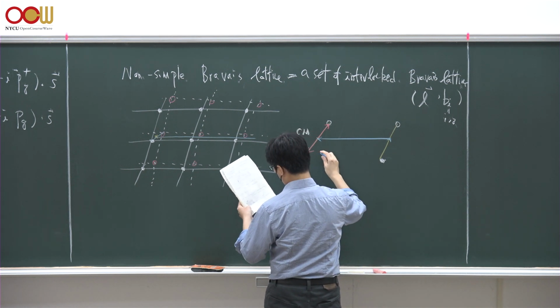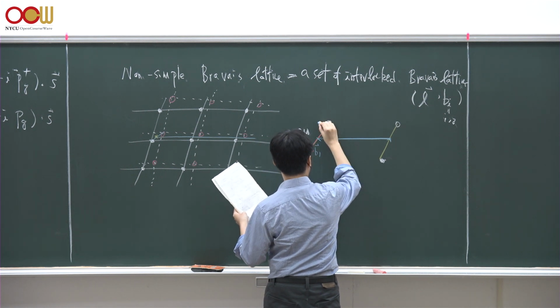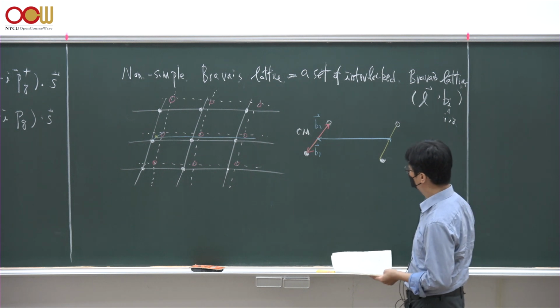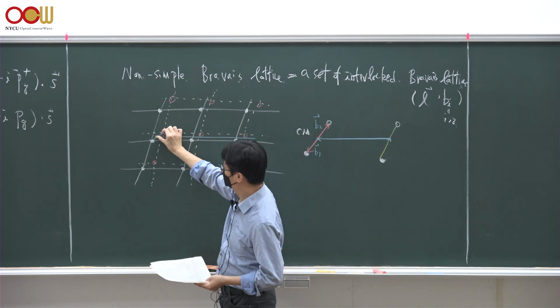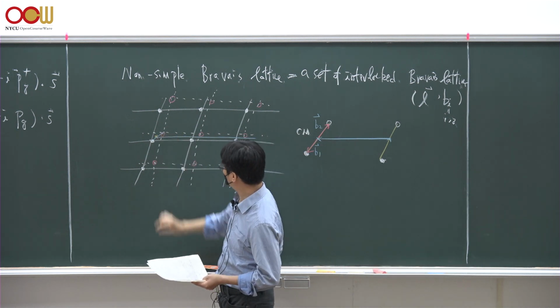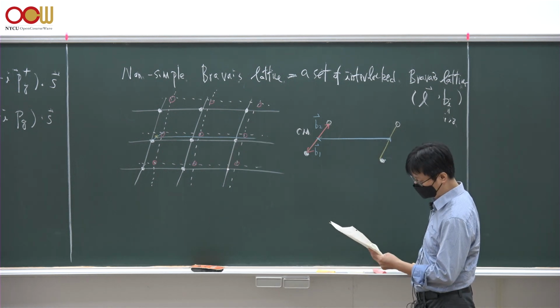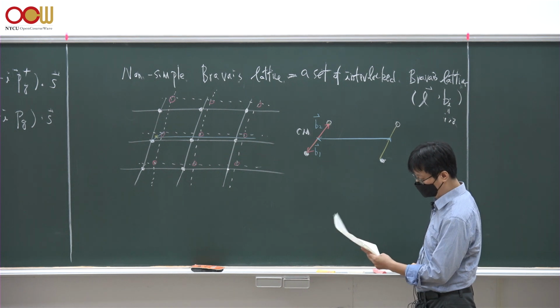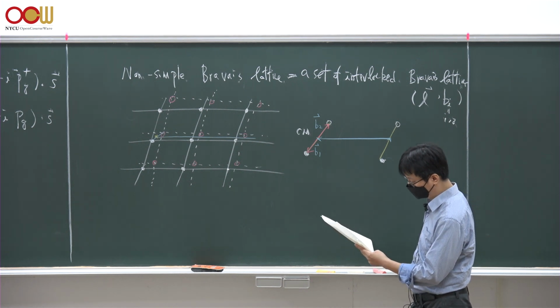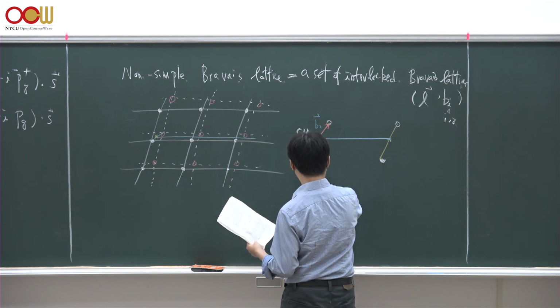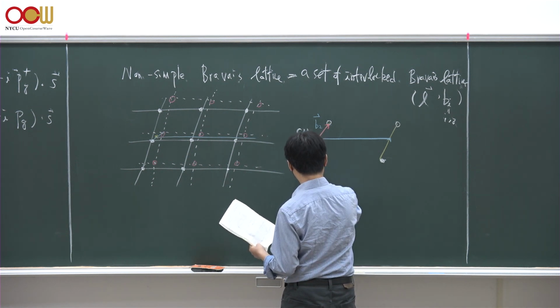One vector is called B1, another is called B2. These two vectors B1 and B2 connected to the center of mass define this interlocked Bravais lattice, and therefore you could define a displacement vector for a lattice vibration